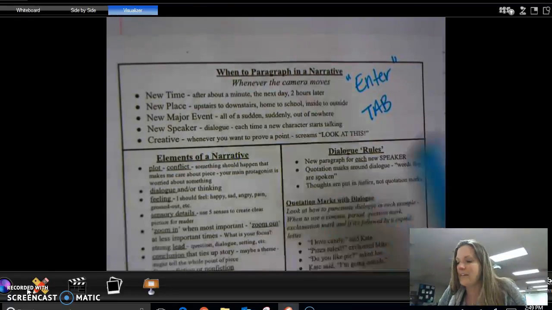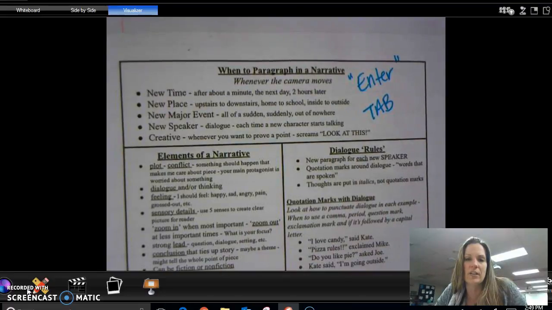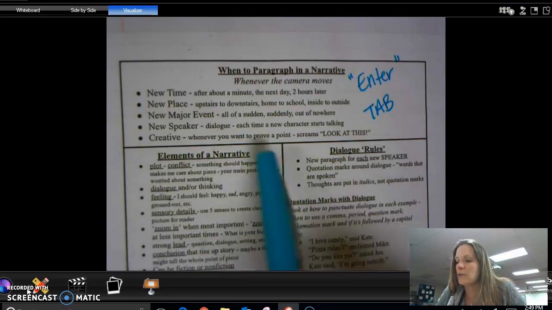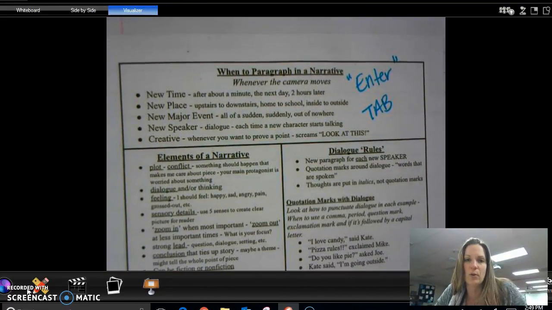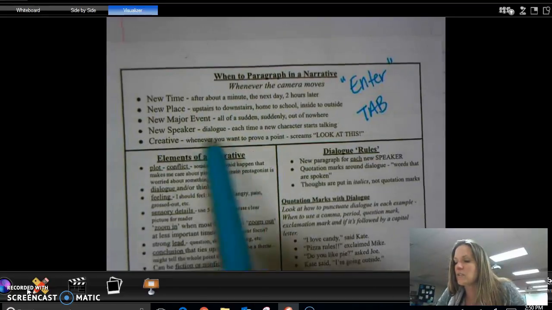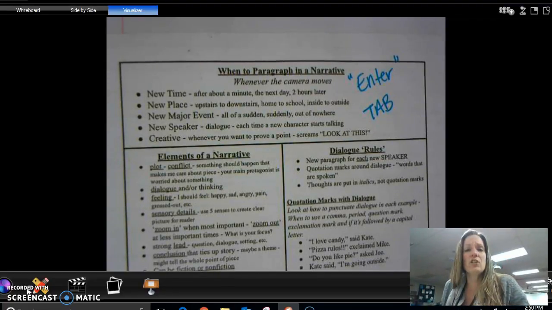A new major event, if you say something like all of a sudden, suddenly, out of nowhere, your character gets surprised, or something along those lines. The new speaker goes with the dialogue. Anytime a new character starts talking, you need to put a new paragraph. And finally, this creative paragraph here is anytime you want your reader to look at this is really important, or you're proving a point. Just like really short sentences can create anxiety for your reader, really short paragraphs can do